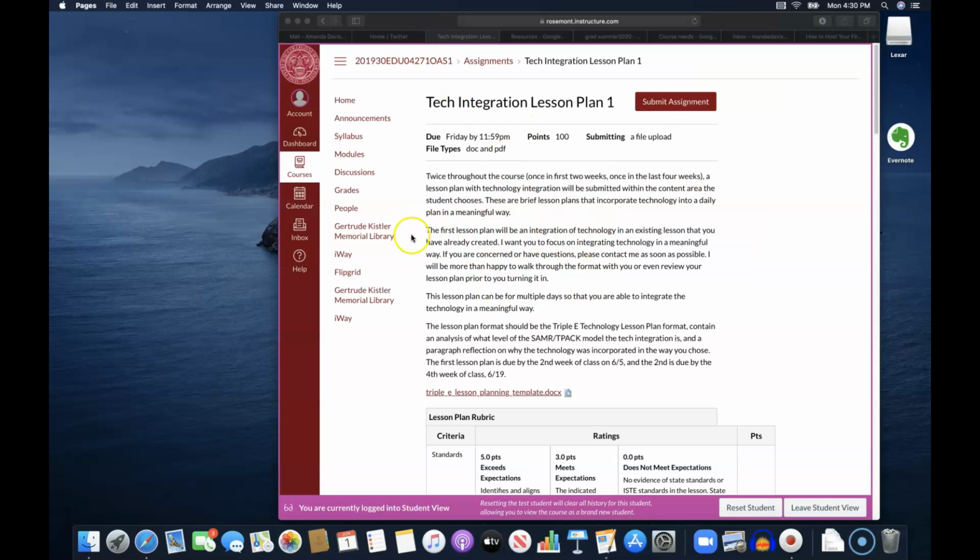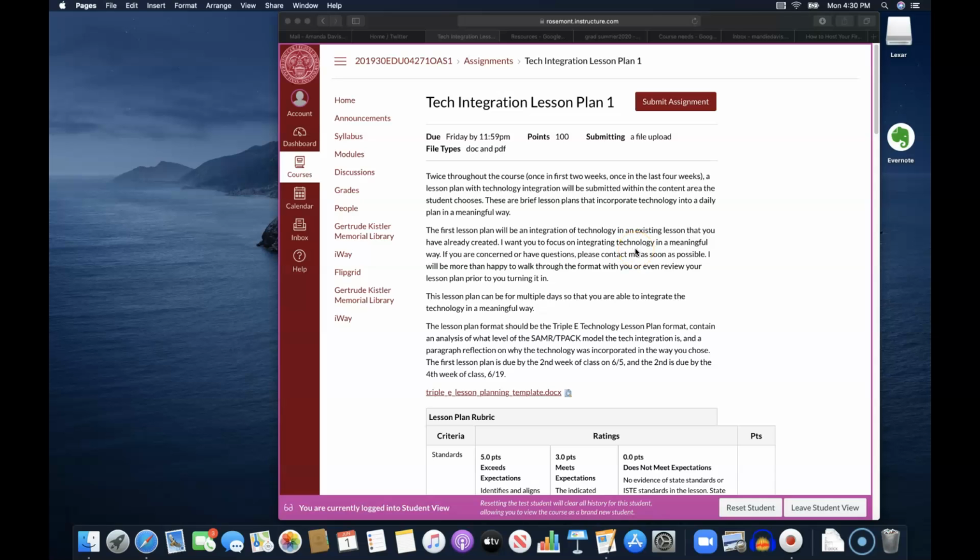The first lesson plan will be an integration of technology in an existing lesson plan that you have already created. Open up that lesson plan you already have in a Rosemont lesson plan format, copy and paste it into the EEE, and then integrate technology.